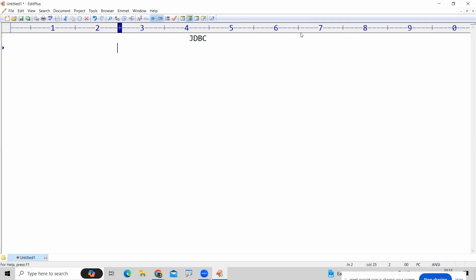But before going to learn server side applications, first of all, what is JDBC and from what type of applications can we connect with the databases? All these things I'll explain. The first thing,